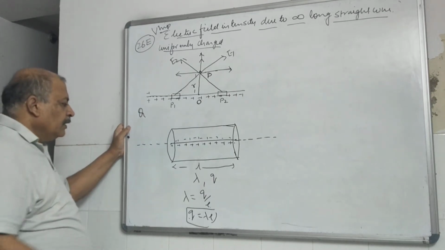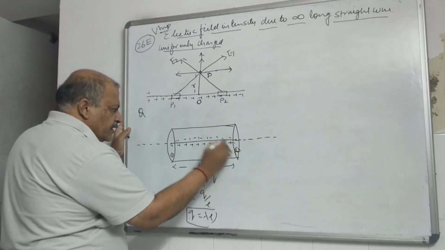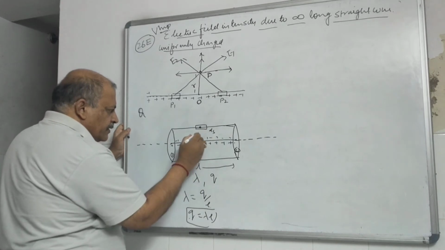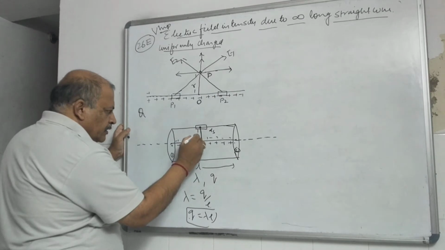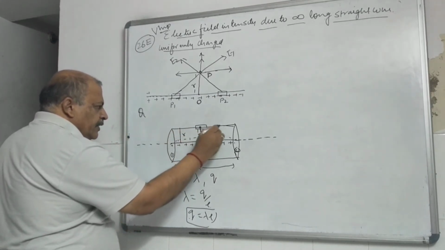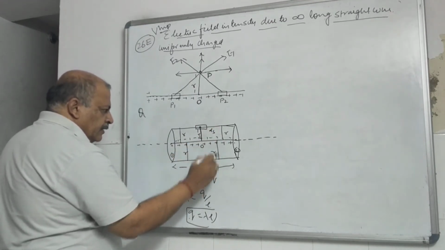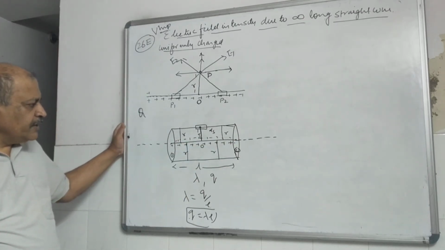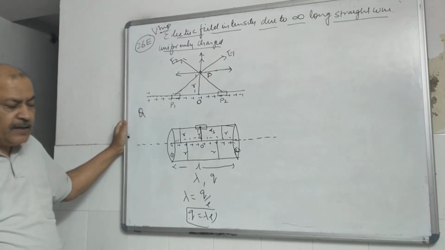Right? Now three surfaces will contribute to the flux. This is first, second, and this is the third. You can take this area as ds. Now this is the center point which we already took. This is your O, this is your R. So if you see from here, all this distance remains the same, either from this side or this side. The distance from this uniformly long straight wire around the cylindrical surface remains the same, that is R.